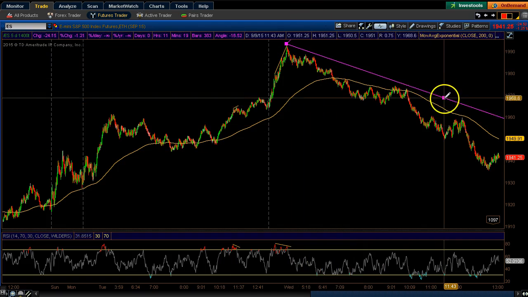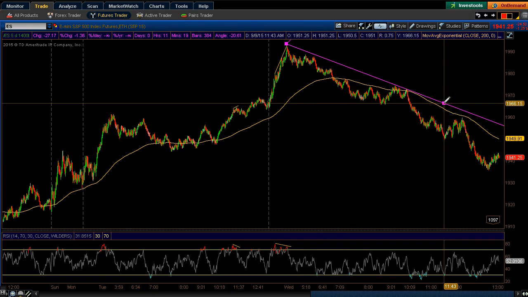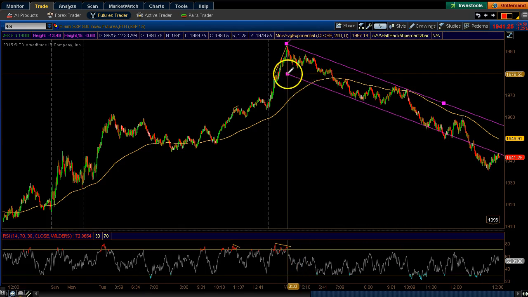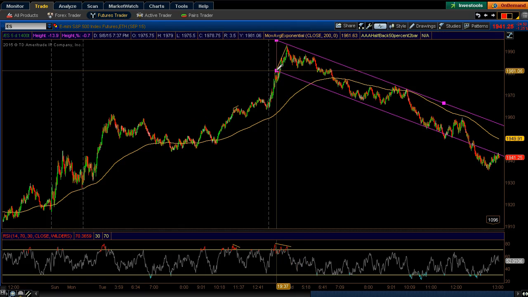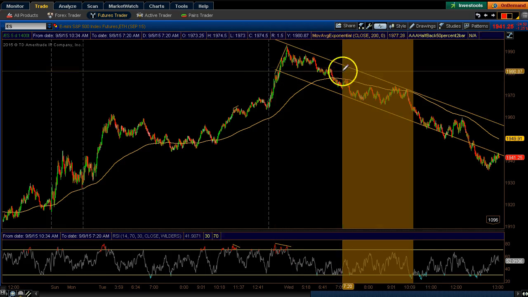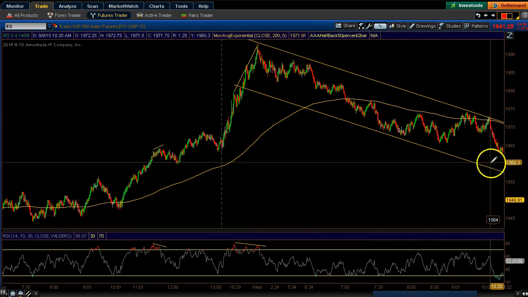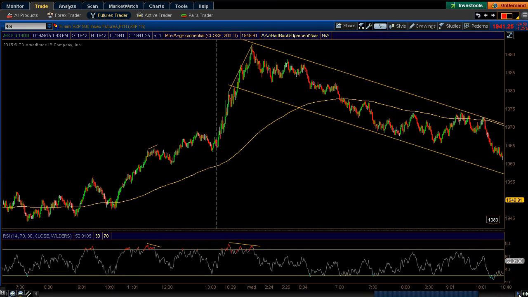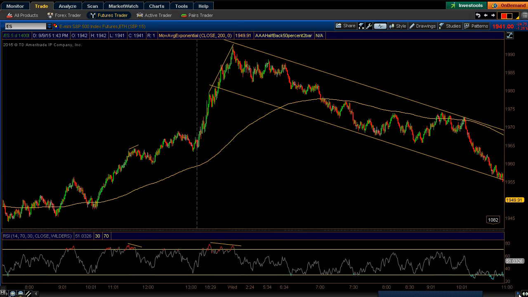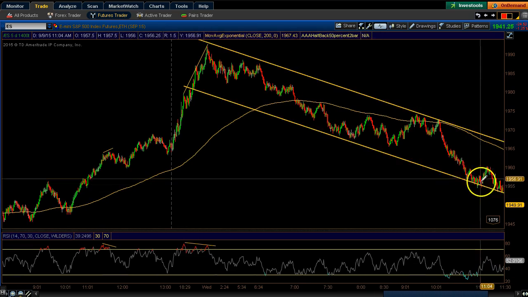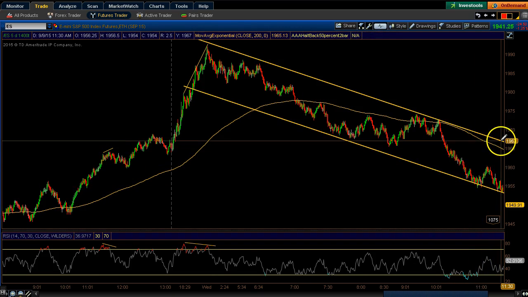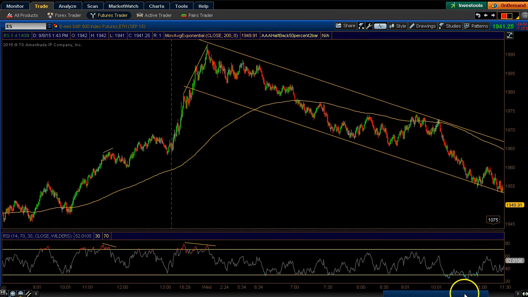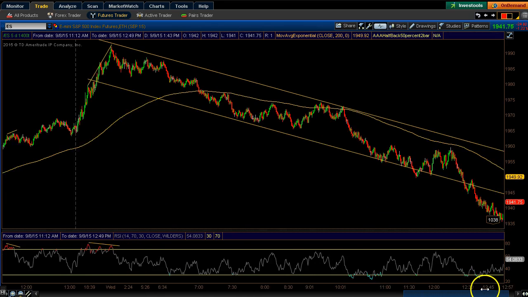So as price is falling, all you want to do is touch from one high to the other high and then extend it, and then look for the downside. Let's say this is all we saw right here. Now if we come down to this trend line later on, we're going to want to look for a long entry, and there it is. It bounces off it and then starts to rally. Well, if we come all the way back up to it, we'd want to look for a potential short on the very first touch. Now, price never got back up there,